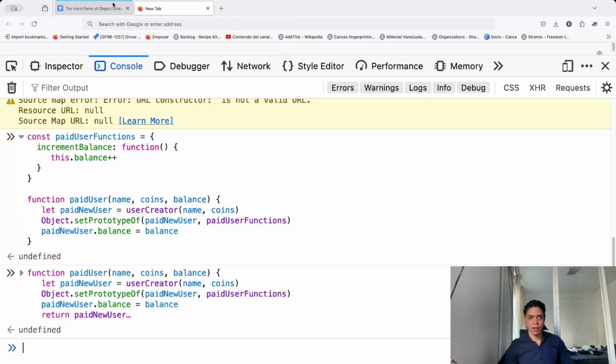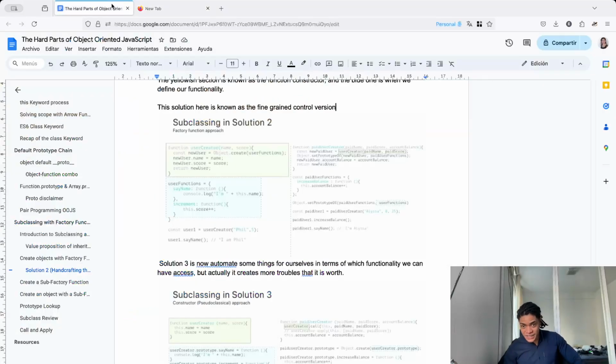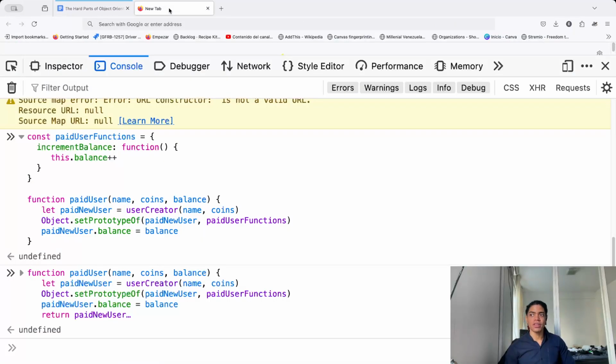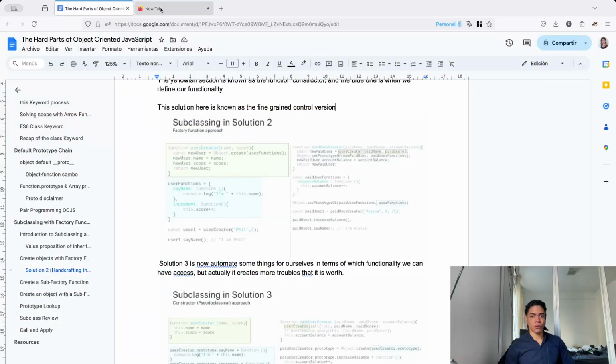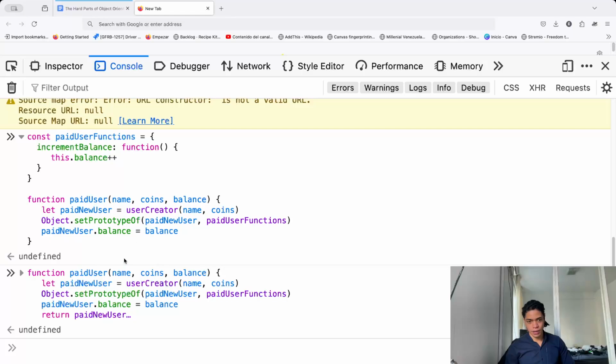Okay, so that's the interesting part of looking at subclassing with solution 2, which is looking at this sophisticated way of how you can create objects using Object.create. All right, so for example, the thing here is that